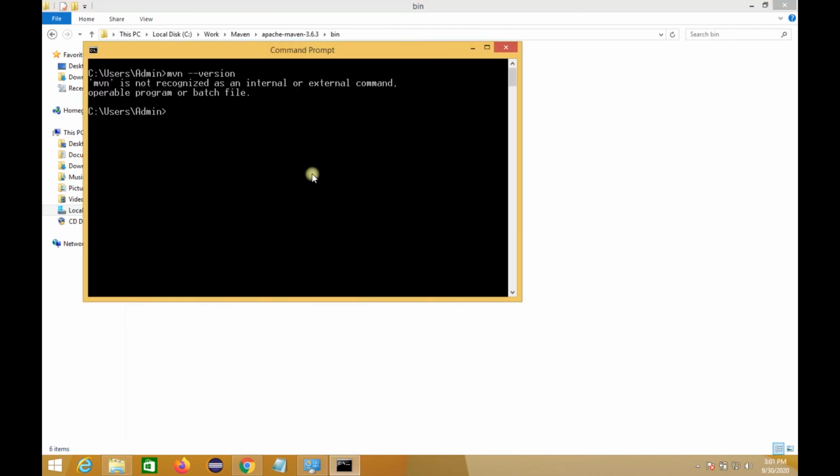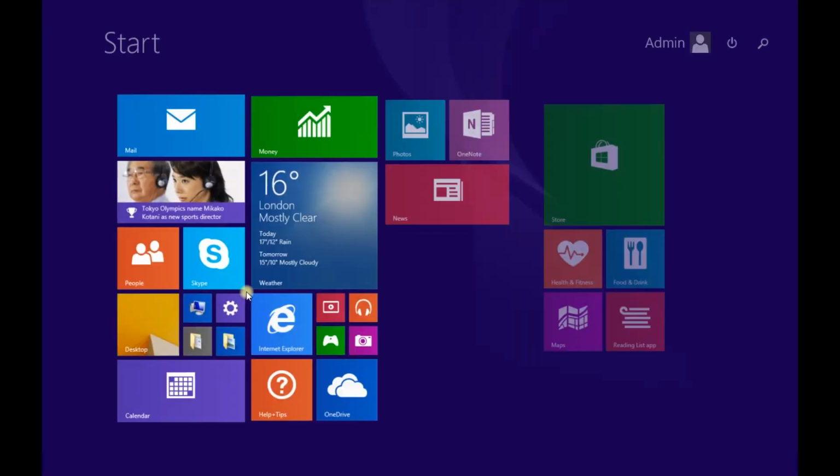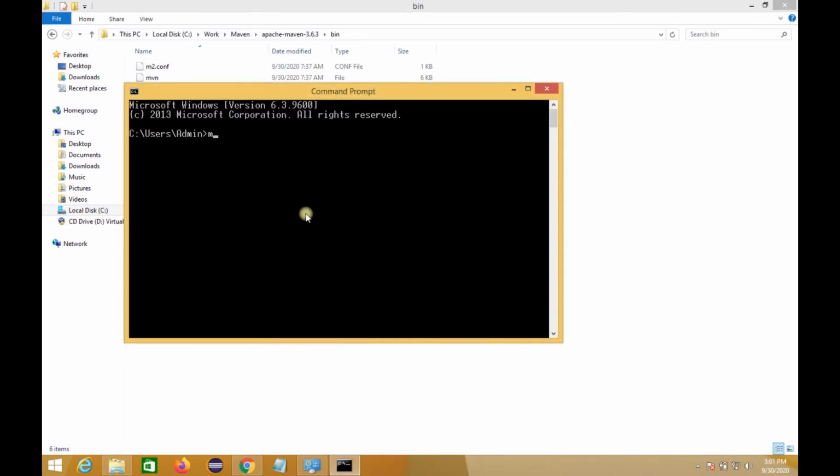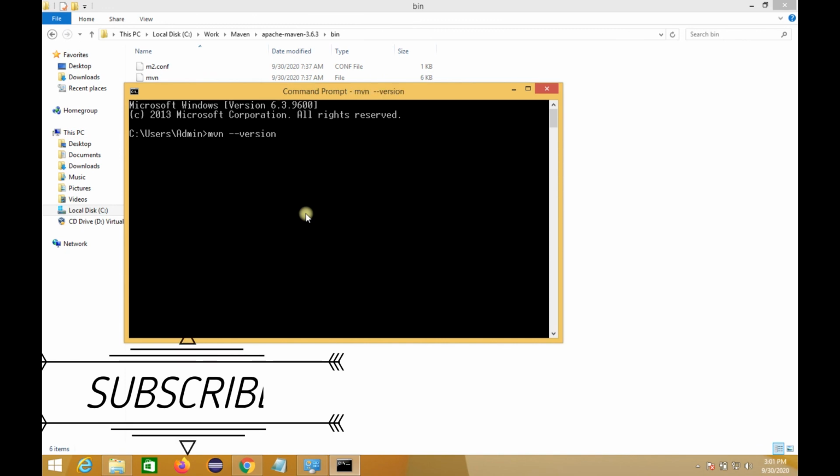Now if we execute the same command mvn -version and we hit enter, it still says that Maven is not recognized as an internal or external command. We will close it and again open our command prompt, and here we will write mvn -version.